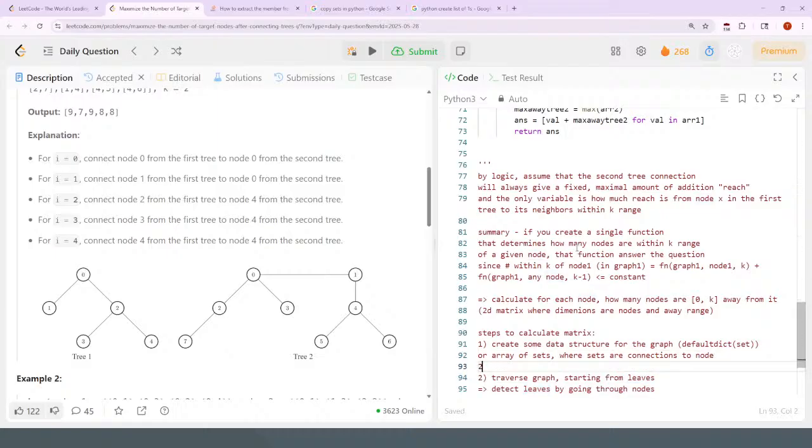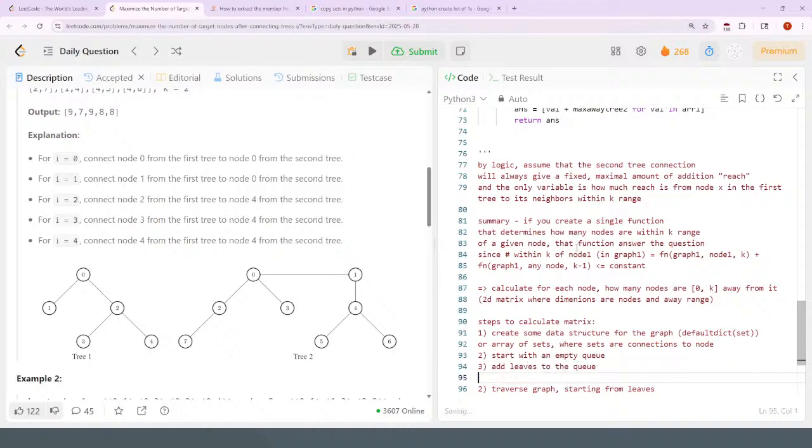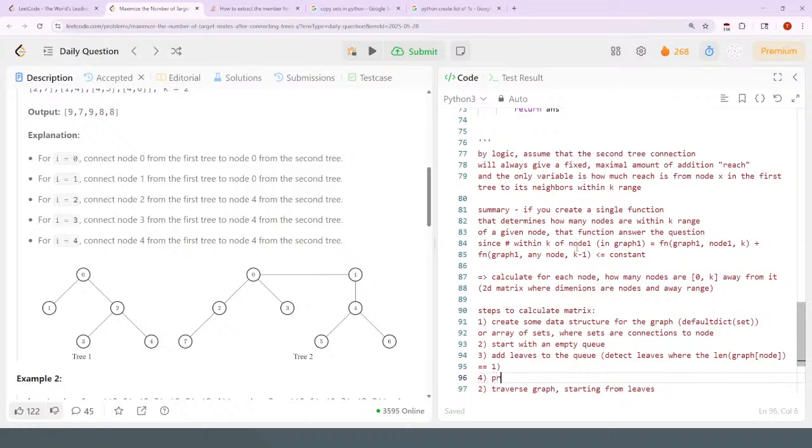Okay, actually, so start with an empty queue, add leaves to the queue, and you can detect leaves in the graph where the length of the graph at that node, the length of the set or the list, or however you want to do it, is equal to 0 or equal to 1. And then process the queue starting with leaves, where